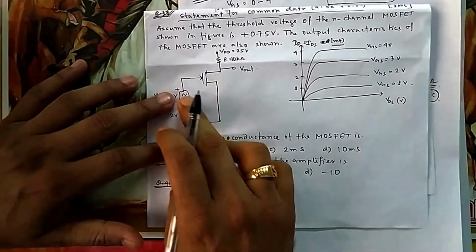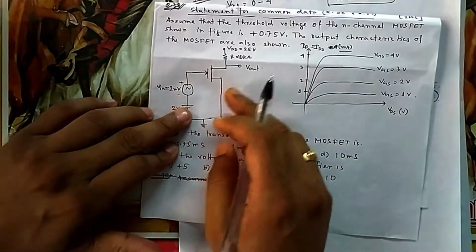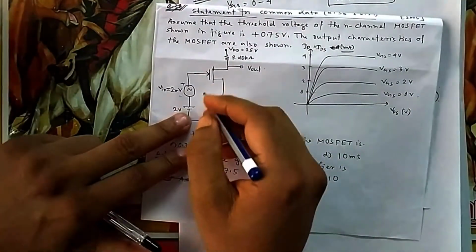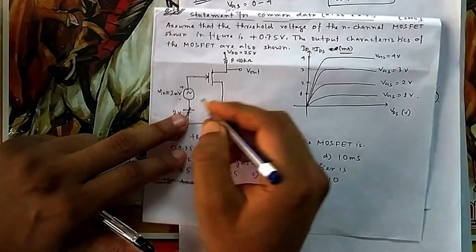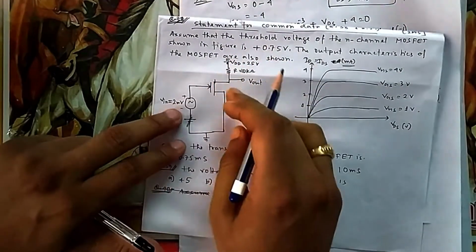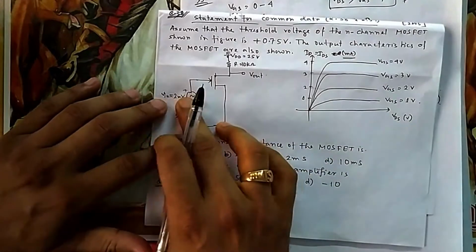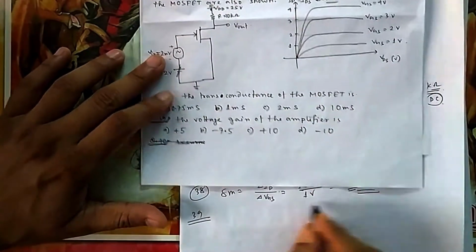If you change the voltage, then what will be the change in the current? Now for this analysis, I will make this 0. So this is shorted, this is also shorted, this is also grounded, this is also grounded. This is our external source, and these DC are given just to make it on. That's it, to make it in the right situation. Now whenever you give voltage, you will get the current as per this gm ratio.